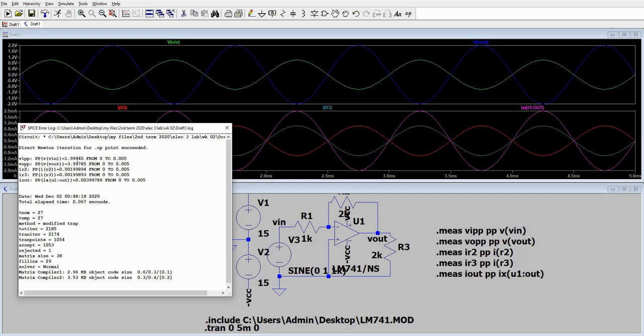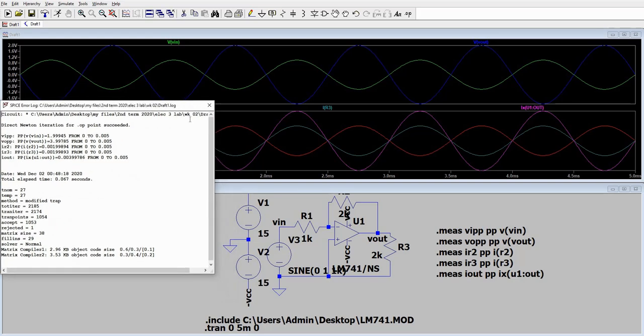Then since our gain is 2, if the input is 2 volts peak to peak multiplied by 2, the output voltage will be 4 volts peak to peak. So the answer is 4.00, since we need to round up the 9 because it is followed by 7. For IR2, the value now is 2.00 m, as well as IR3. For I out, the value is 4.00 m. So that would be it for this demo.